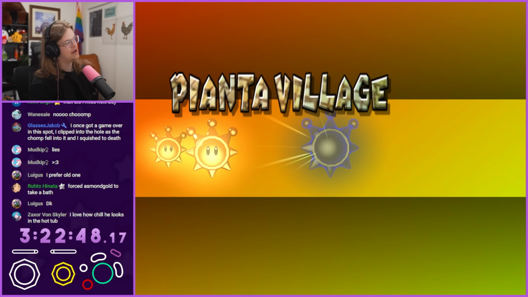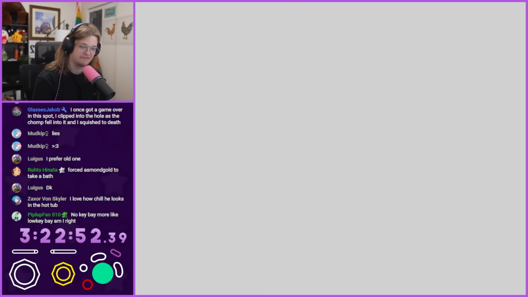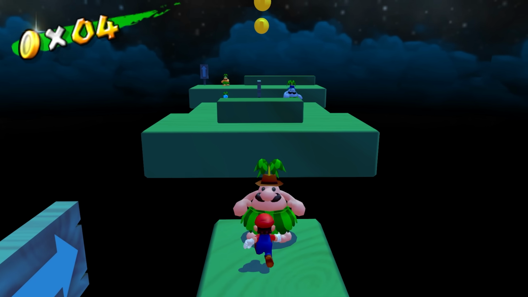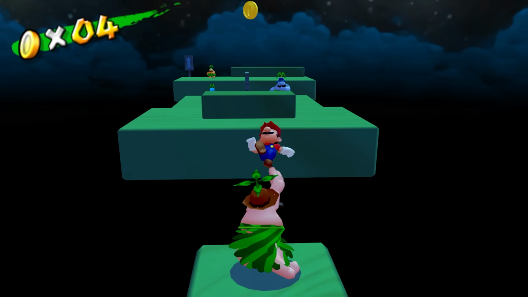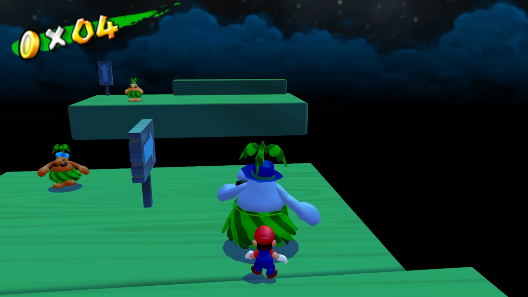Episode 5 of Pianta Village is the level I spent the most time on out of everything during this challenge, but it was for a really stupid reason. This level is the infamous Chuckster secret level, which is the final floodless secret in the game, so you would think that it wouldn't be a problem, but there is a singular obstacle between us and entering the secret stage,